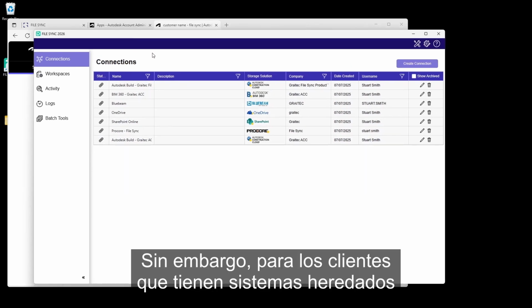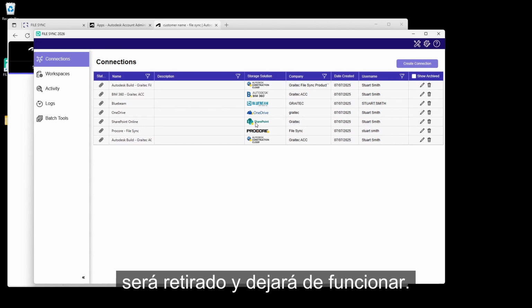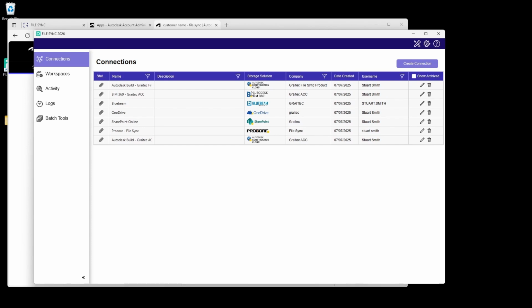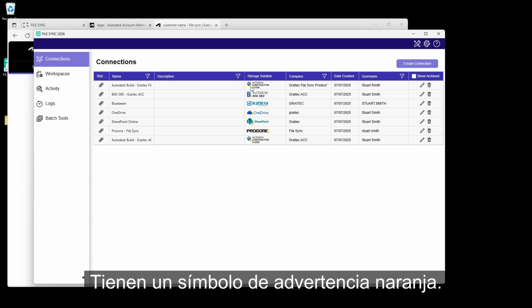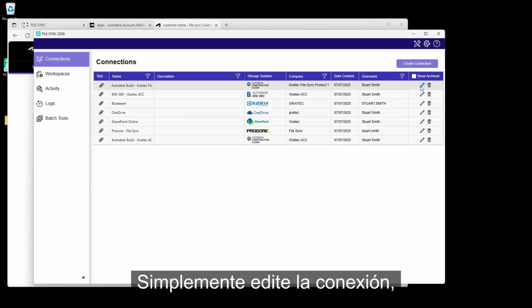However, for customers that have legacy connections, we recommend you migrate these as they will be retired and will stop working. You can see a legacy connection. They have an orange warning symbol. To migrate them is a really simple process. You simply edit the connection,